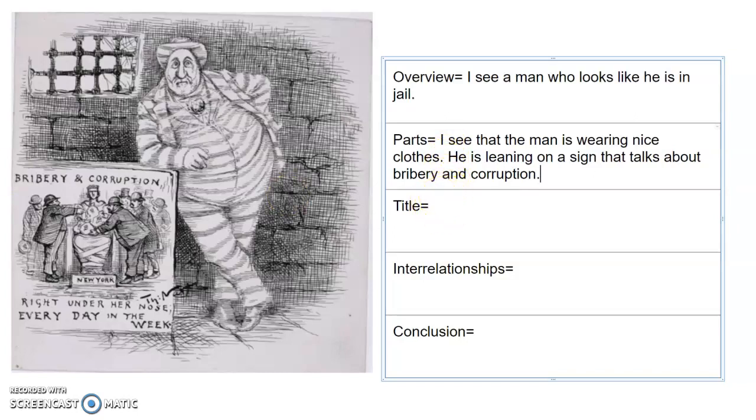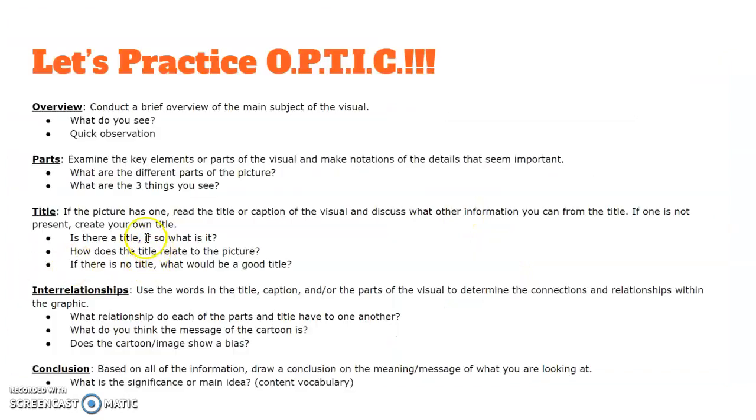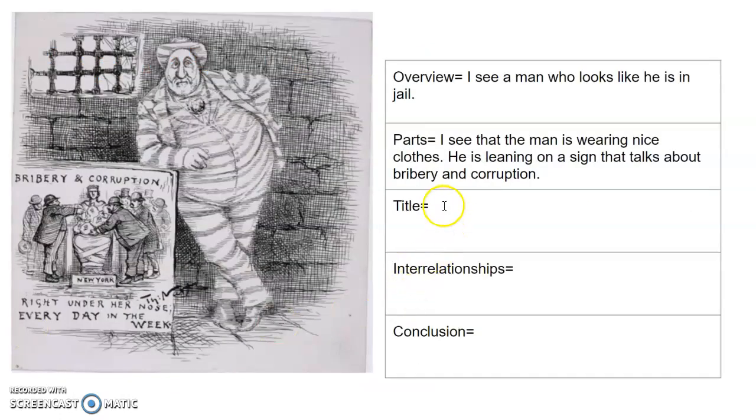Now, title. Some of these optics will have a title, okay? Some of them won't. In this instance, we don't have a title, so it's your job to come up with one. If the picture has one, great, and you can give a little bit more information on what the title is and how it relates to the picture. But if it doesn't have a title, let's come up with one. Okay, so I would say a good title for this would be